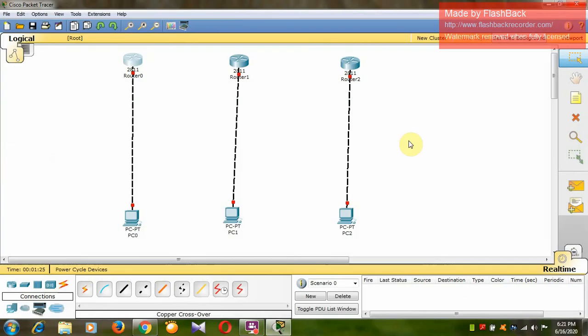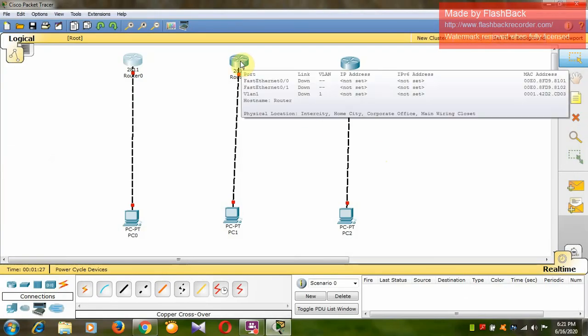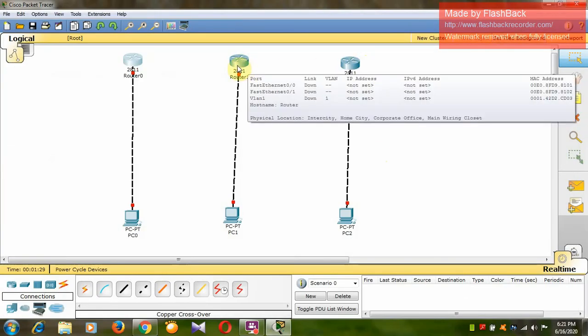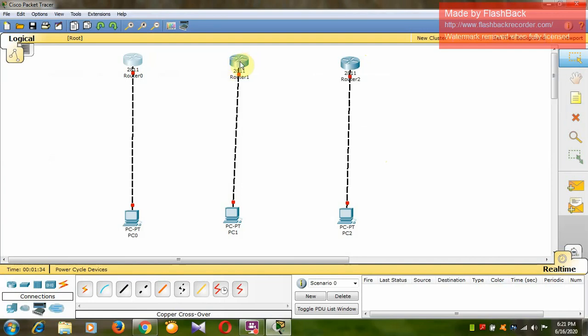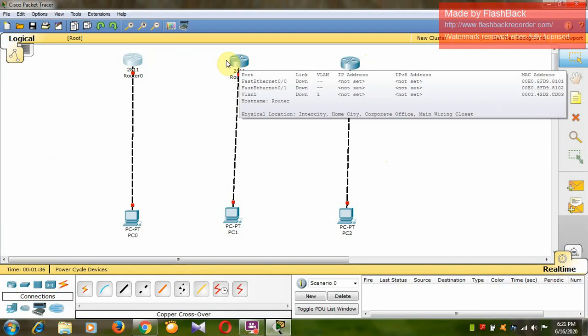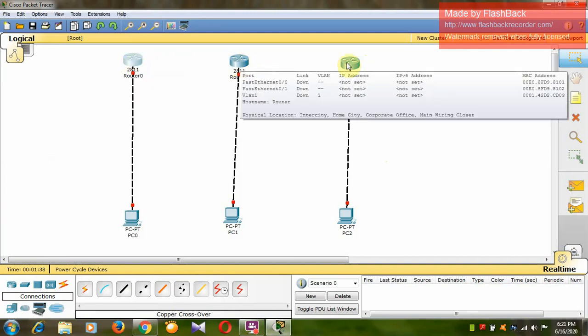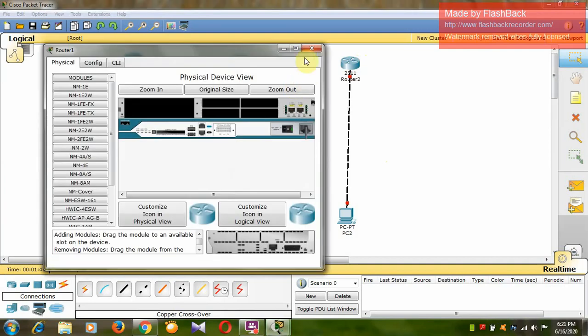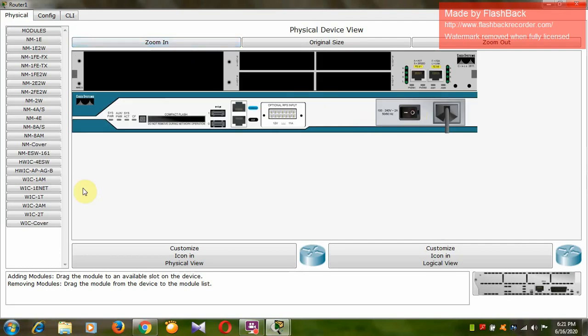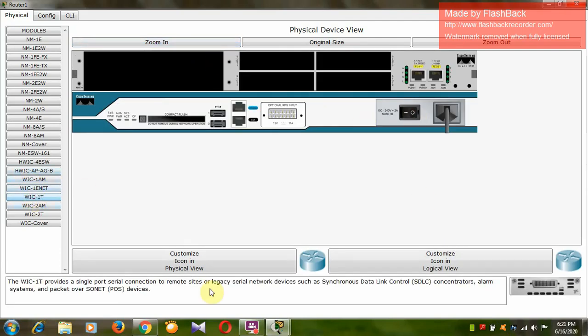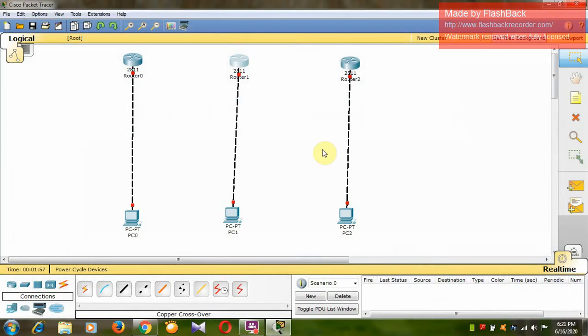Okay. So similarly, you have to do with this router 1 and router 2. So here in the router 1, we need two WIC1T cards, since we have to connect two ports from this side as well as from this side. So turn it off, select this WIC1T card, drag and drop it, and again turn on the router.